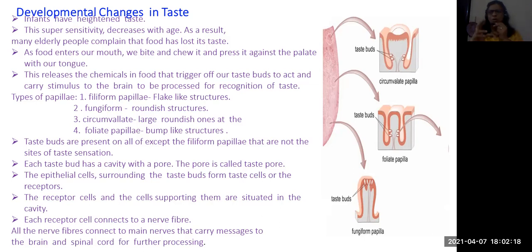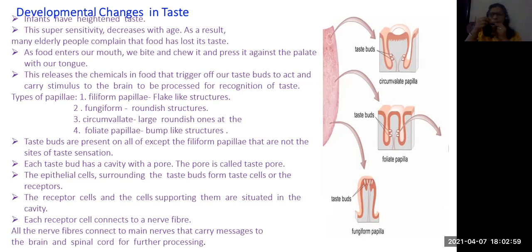mostly we will close our mouth so that we break it down; chewing, cutting, everything will be happening. That mechanical activity we call the mechanical digestion in the mouth itself. Then once we close the mouth, what will happen? You will get more taste immediately. Why is it happening? The upper palate will press the papillae. Once it presses the papillae, the taste buds will be opened, so that the food will enter into that.